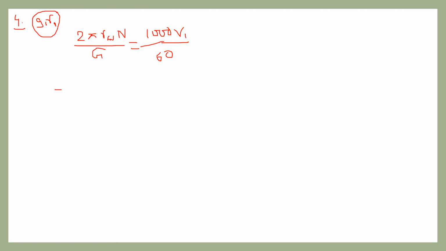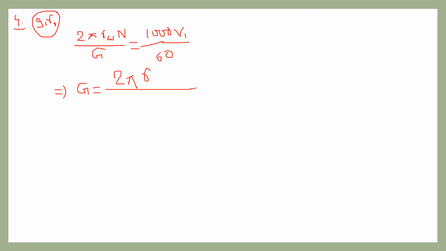From here we find the value of G. G is the overall gear ratio, which is the gear ratio in top gear multiplied by the differential gear reduction. So from this equation, G equals